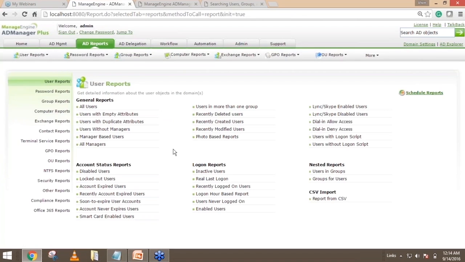And talking about account reports, if you'd like to find out if there are any disabled users, any locked out users, if there are any users whose account is expired, yes, you can do that. Now another interesting report is